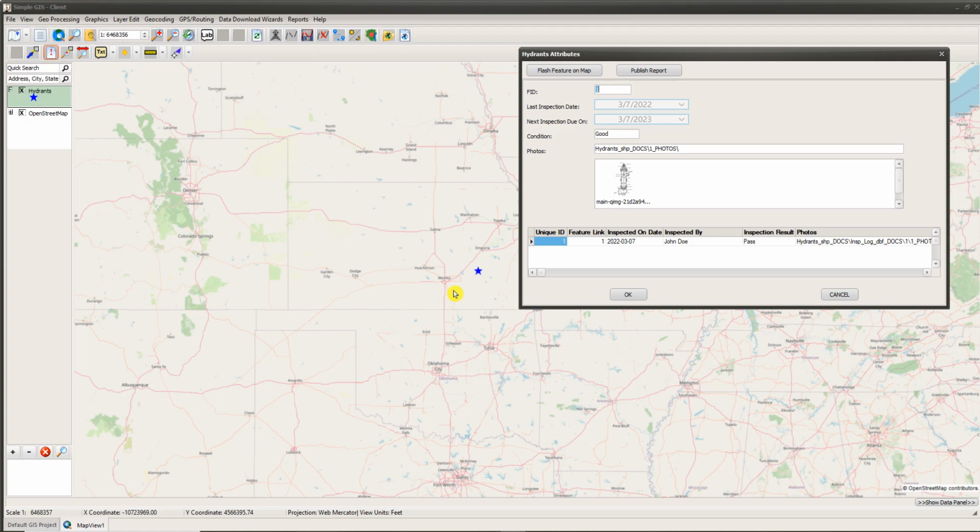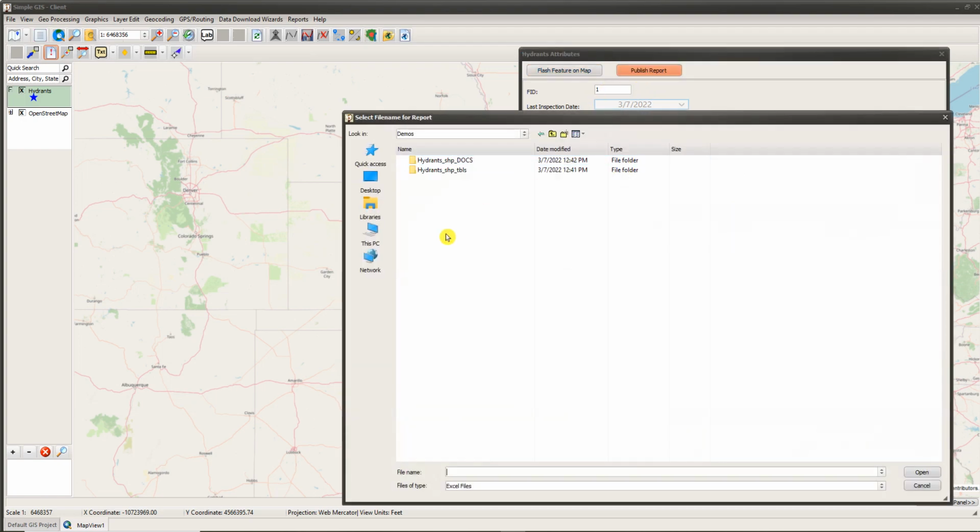If you add an existing shapefile that may not have that, it would just show the specific attribute fields for that particular shapefile. Of course, it has a couple of buttons at the top here where I can flash the feature on the map if I want to make sure I'm looking at the right feature that I'm viewing the attribute data for. And then this publish report, if you click on this, you can actually export the attribute data to an Excel report. And so if you were to click on that, it would come up and prompt you